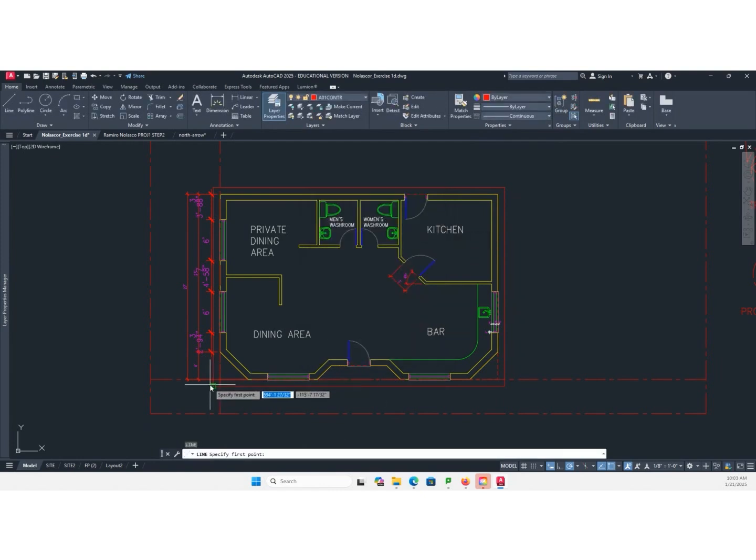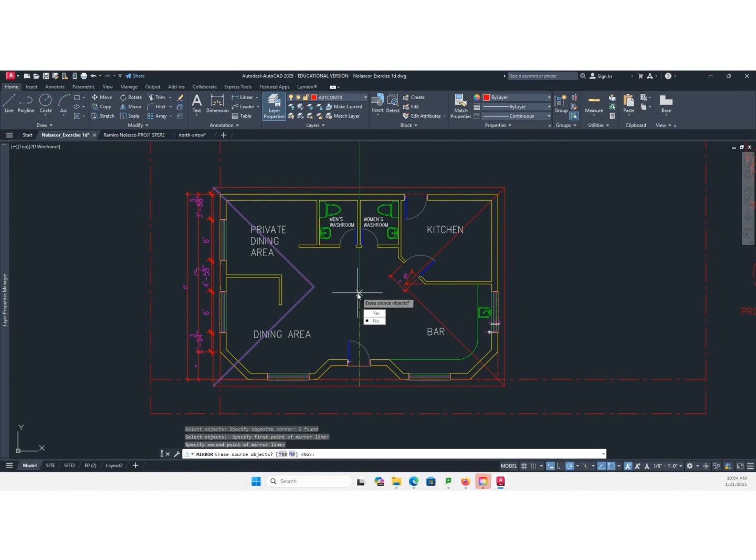And then we can create the 45-degree angle for a hip roof. It snaps to the 45-degree angle. I'm just going to create a line here. Okay. And then I'm going to create another one here at 45 degrees and trim, TR, trim the excess. Then I'm going to mirror, MI, these two lines from the midpoint.